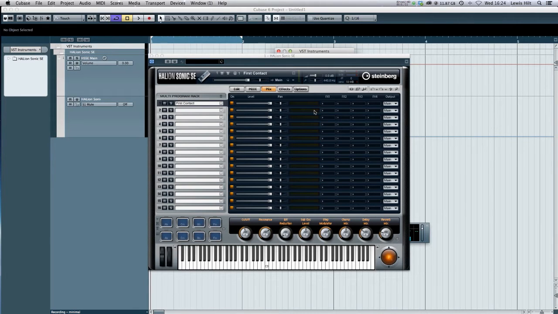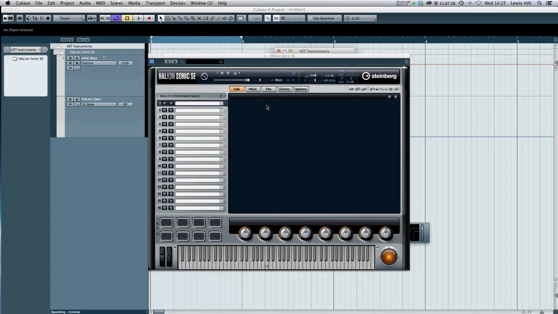Next, we need to select the right program or sound for our VST instrument. So firstly, clear all the programs that are currently selected. Click Remove All Programs and confirm by clicking Remove. Next, select Channel 10. Channel 10 is the general MIDI standard for percussion. So select this channel,